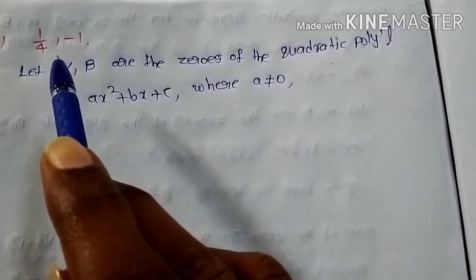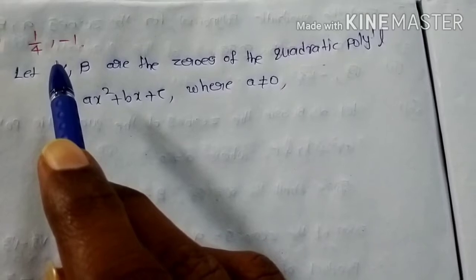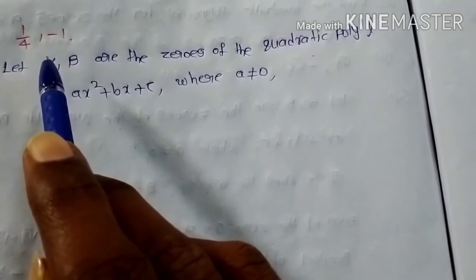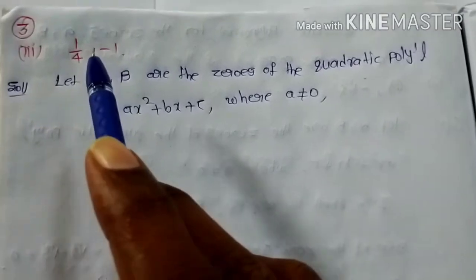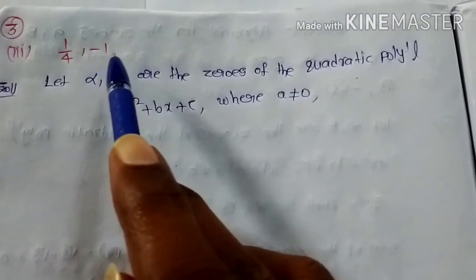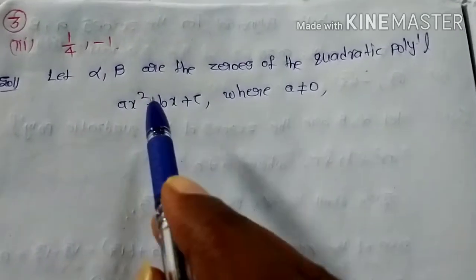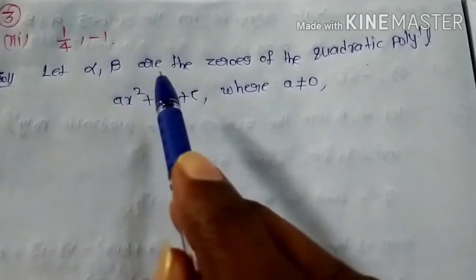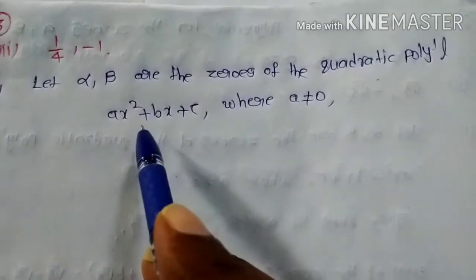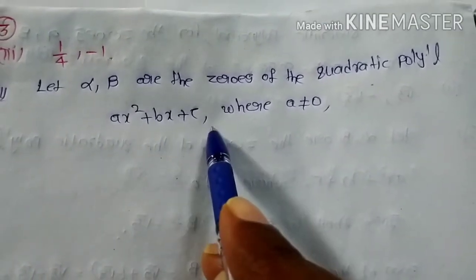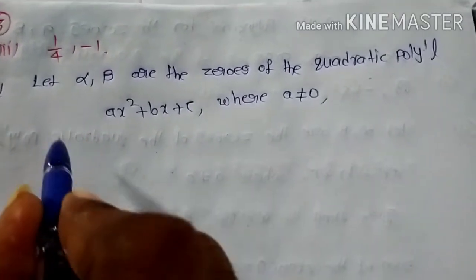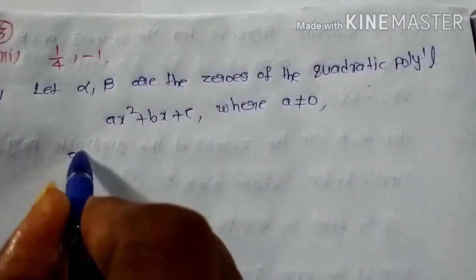Find the quadratic polynomial for the zeros alpha, beta given in each case. That means they have given alpha is equal to 1 by 4, beta is equal to minus 1. First of all, I am writing the solution. Let alpha, beta be the zeros of the quadratic polynomial ax square plus bx plus c, where a is not equal to 0. You can write here given that